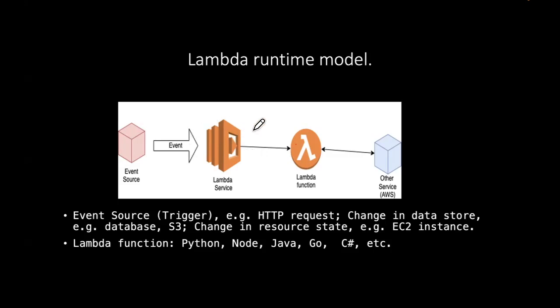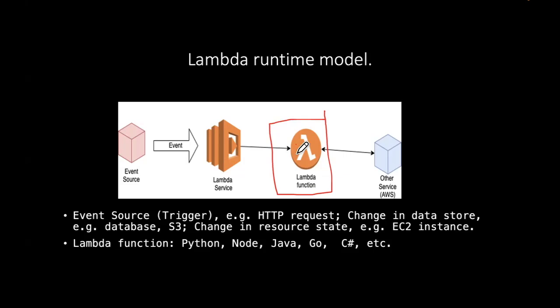The Lambda service creates a micro VM. We could think of the micro VM as a kind of box, a container, to use that word, for our Lambda function. It creates an instance of the micro VM, and the configuration of this micro VM is something that we have to describe in our infrastructure code, admittedly. But it creates the instance anyway. It then loads our custom function into that micro VM, and then it invokes the function.